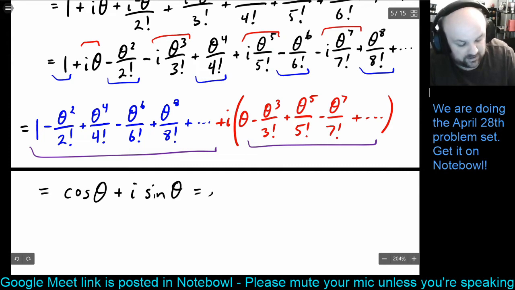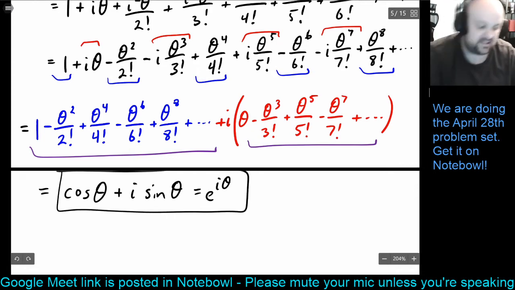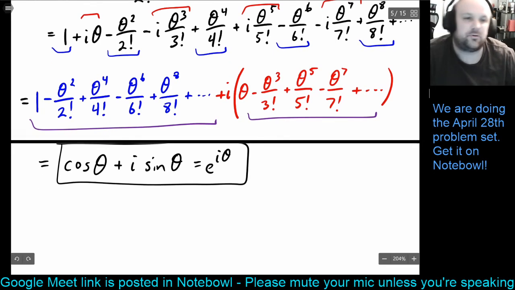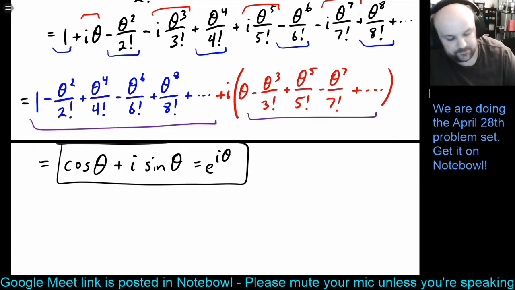So we verified that e to the i theta is just cosine theta plus i sine theta. Right? It's really quite remarkable. And this is where you get this famous formula, which is, let's see,